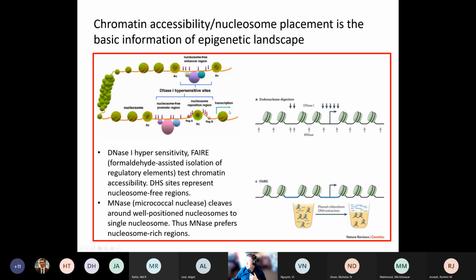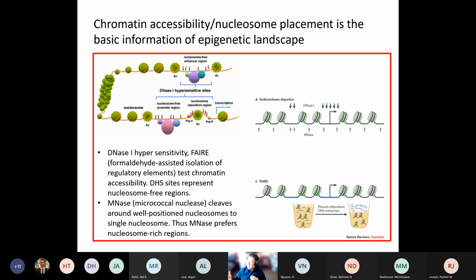To illustrate that, we have a part of the chromosome, a part of the DNA sequence, and you can see some regions have this beads on a string, like here, and you have an open region like this strand right here. You don't have any nucleosome and you don't have any histone here. In contrast, at this place you have a lot of nucleosomes packed with each other.